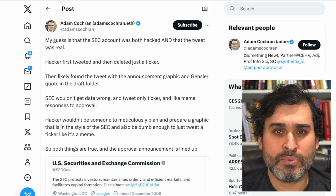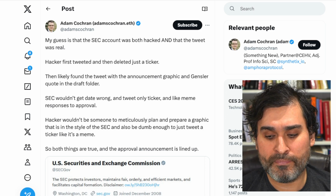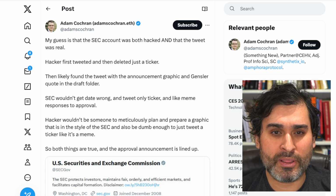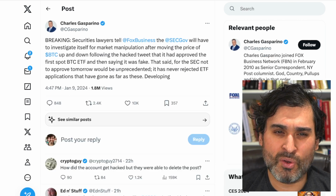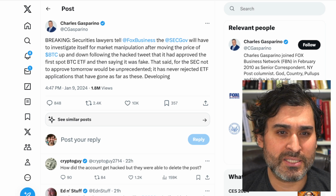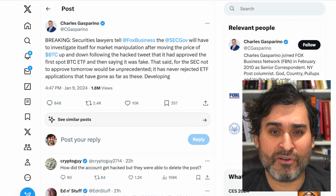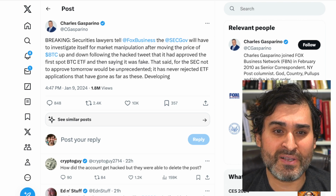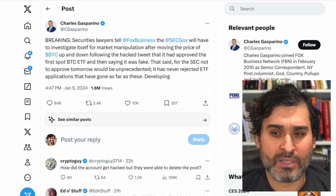Later, X put out a report saying that there were some issues with unauthorized access to that account, and so on, but it was a whole lot of nothing. But here, Charles put out a tweet yesterday afternoon saying securities lawyers tell Fox Business that the SEC government will have to investigate itself for market manipulation after moving the price of BTC up and down following the hack tweet that had